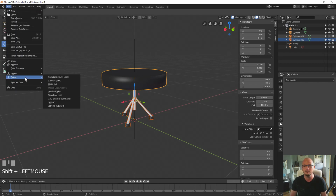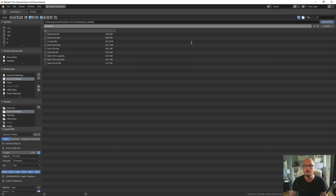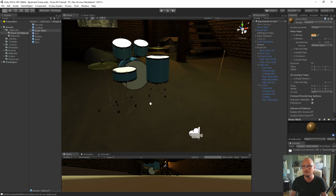Let's do the file, export, FBX. And if you've been following along, you will have all these drum kits already. If you've not followed along, just export these to wherever you want and import them into Unity. And it's called stool. We need to select selected objects here, so it will only export what we've got selected, and select the FBX unit scale, which means that the scale we export at will be 1 unit is 1 meter inside Unity. So let's export that object now, and if I jump over into Unity, you can see we've